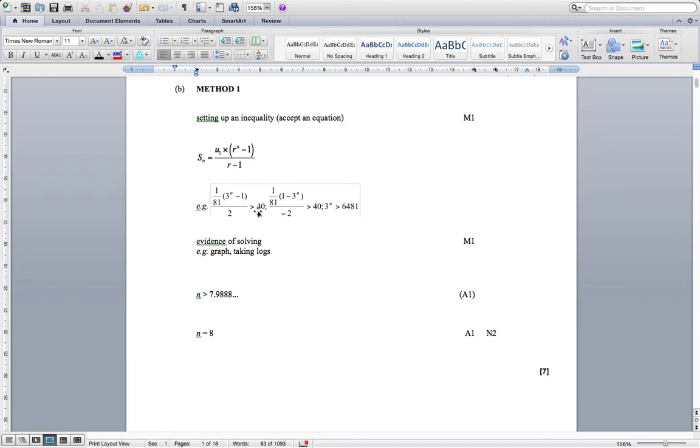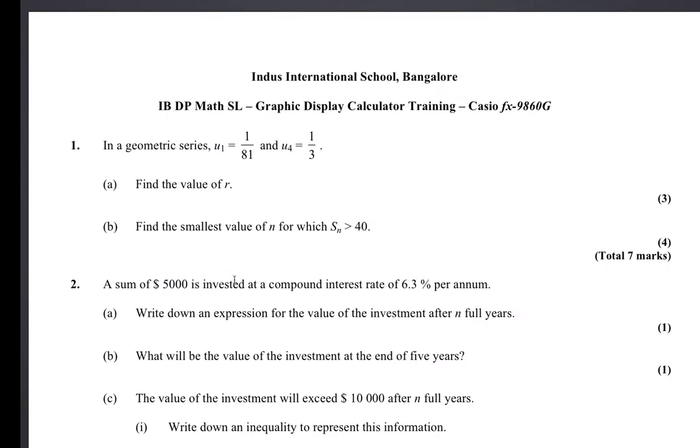Again, suppose you have written this inequality, this part, and then you have written this answer, then you will get only 3 marks out of 4. You will not get this mark, this method mark. The reason is, you have to show this one. I'm talking about this one, what you see here, M1. The reason is, there has to be evidence of solving. So either you should have taken a logarithm, or I would suggest that in your answer script,